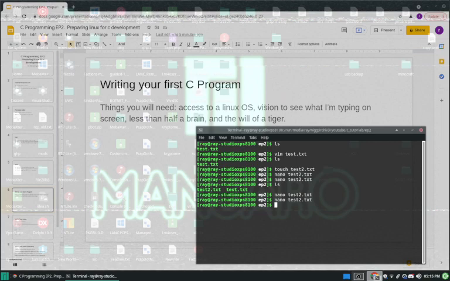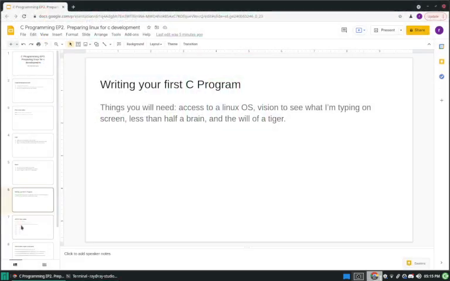You'll need Vision to see what I'm typing on the screen. Less than half a brain and the will of a tiger, okay? Don't forget that. If you don't have the will of a tiger, please leave now. I'm not responsible for you not being able to code because you don't have the will of a tiger. But,